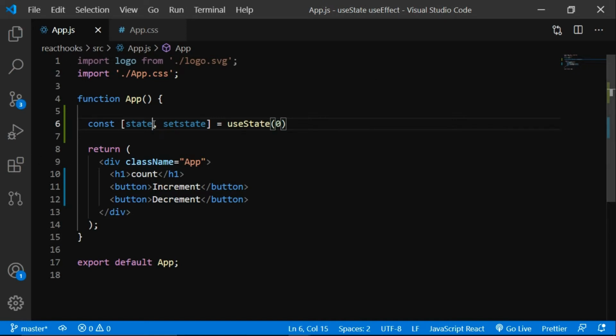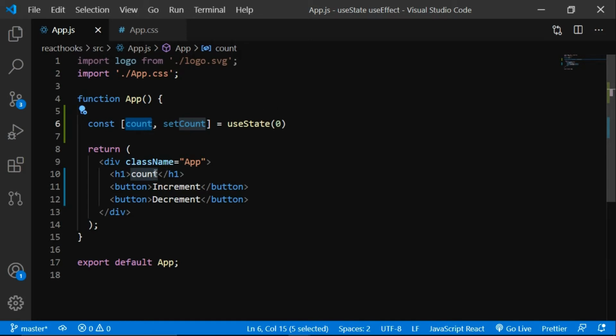So firstly, what I can do is let's delete this state. It isn't working. Let's make this count, and also make this setCount here. So this is gonna change the value whenever you call this in your component. This is setCount, and useState 0. Perfect. So this is the value, right? This is the first variable which is having the value 0.